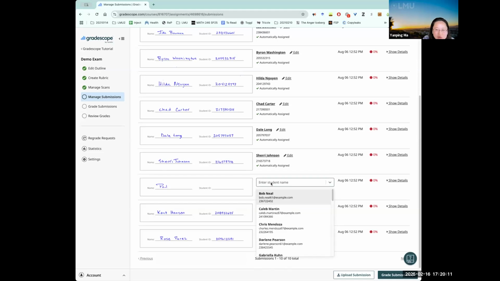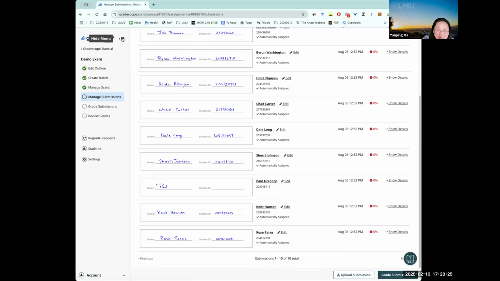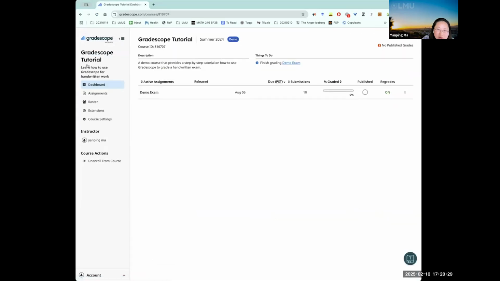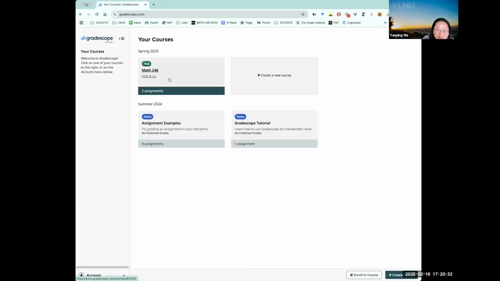But since you put in all students' names, it's just one button, import, very easy, one Excel file. So you can easily import all students' work, and you can edit if any of those were not imported correctly. So, going back to where I was.